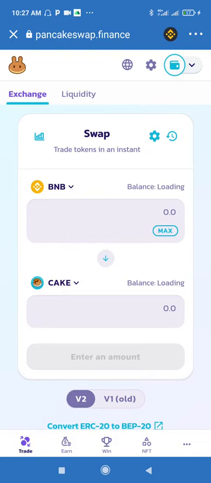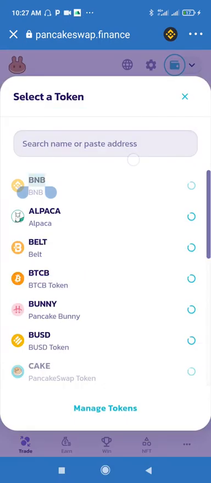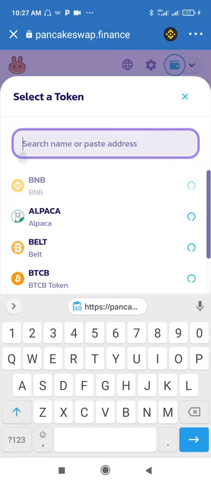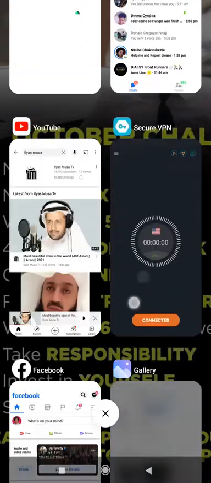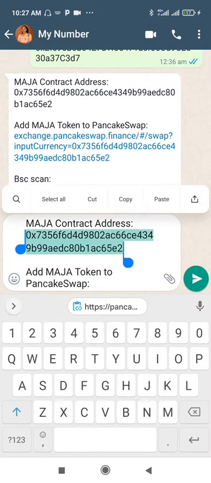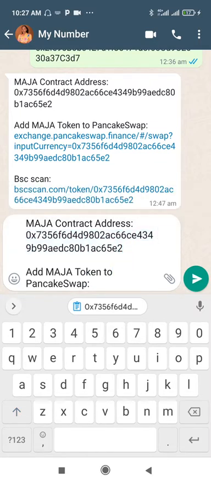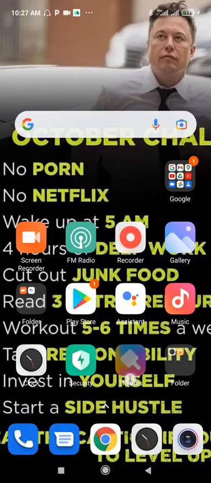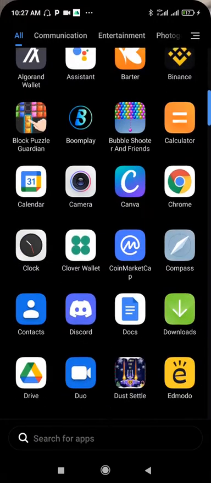Okay, so let me check if the token I want to buy will pop up. Oh, sorry, let me copy the address of the coin I want to buy. So for you to make a purchase from PancakeSwap, you need to have the contract address of the token. Say you want to buy a coin, you need to ask the person that told you about the coin to send you the contract address, or if it's a new token that you just discovered by yourself, to get the contract address, all you need to do is to head over to your browser,